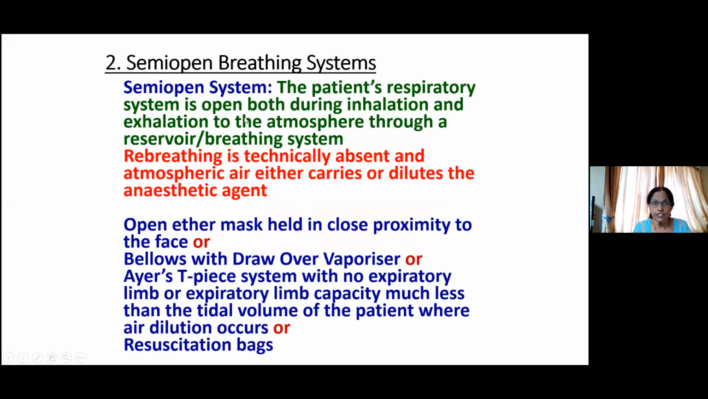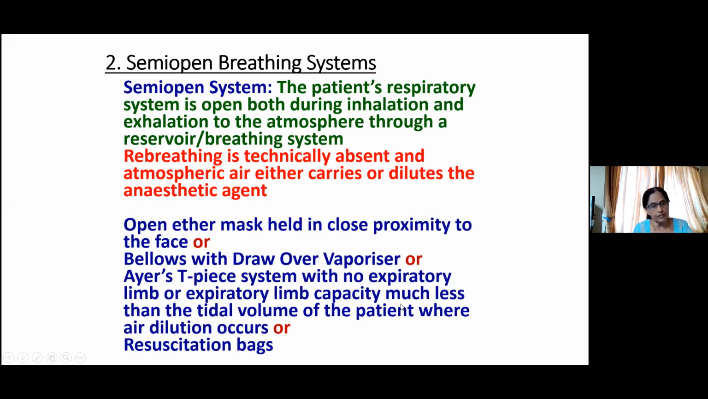The patient's respiratory system is open both during inhalation and exhalation to the atmosphere through a reservoir or a breathing system. So Schimmelbusch mask becomes a reservoir through which the patient breathes if the mask is closed to the patient's face. Rebreathing is technically absent and atmospheric air either carries or dilutes the anesthetic gas. Examples are open ether mask held in close proximity to the face, or Oxford inflating bellows with draw-over vaporizer, or ISTP system with no expiratory limb or expiratory limb capacity much less than the tidal volume of the patient,